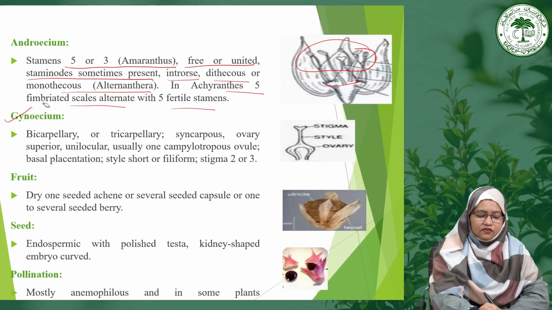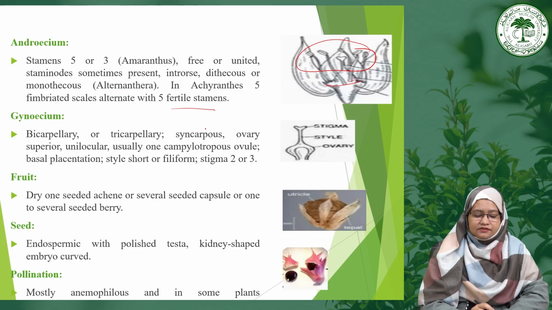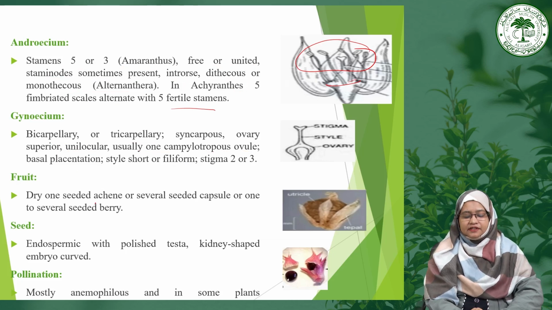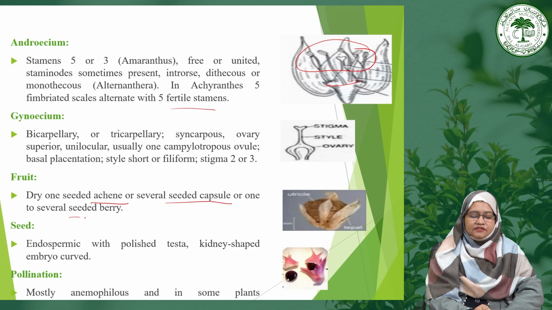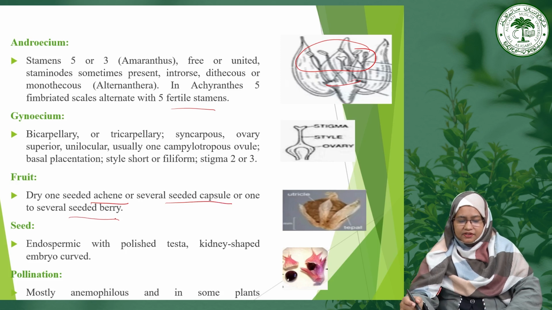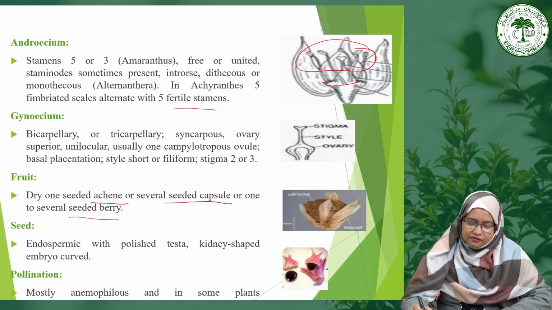And if you see the fruit of this particular group of plants, it is a dry indehiscent achene, and sometimes it may be a seeded capsule or a several-seeded berry. As you can see, the fruit of this particular group is also called the utricle,